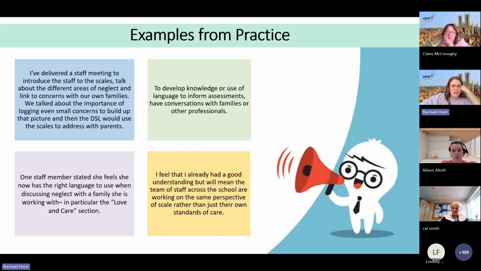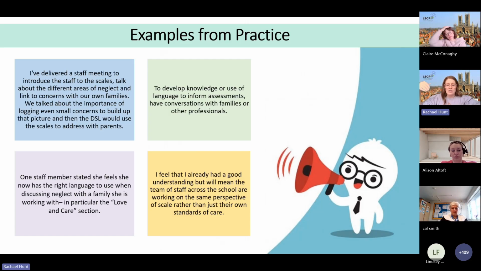Something really good, which I would always advocate for, is talking about the importance of logging even small concerns. Someone mentioned a chronology earlier, and we will be talking a little bit about chronologies. But like I said before, child neglect can often come from small incidents, and sometimes people wait for that trigger incident to take action. But if you're noting those small incidents over a period of time, it can really bring to light and help people to visualize the risk and the fact that life is not changing for that child.